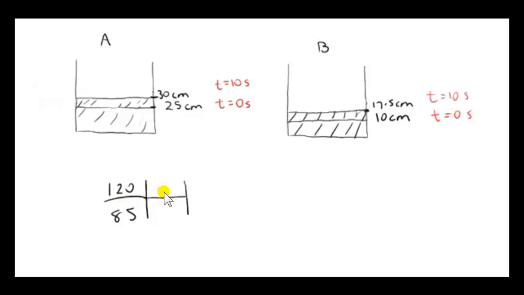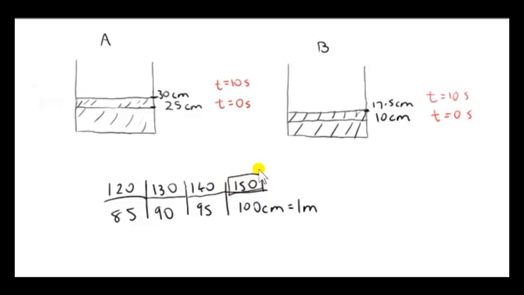Okay, so I'm extending the table here. 10 plus 120 is 130 seconds. The depth is going to be 90 centimeters. After another 10 seconds, the depth will be 95, and after yet another 10 seconds, the depth will be 95 plus 5 is 100 centimeters, which is 1 meter. So it takes 150 seconds for tank A to be filled,